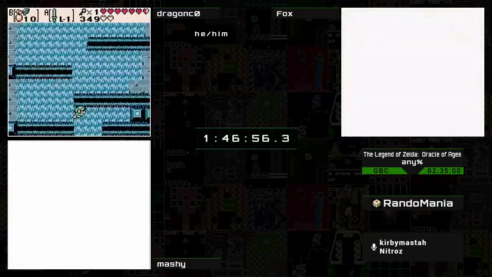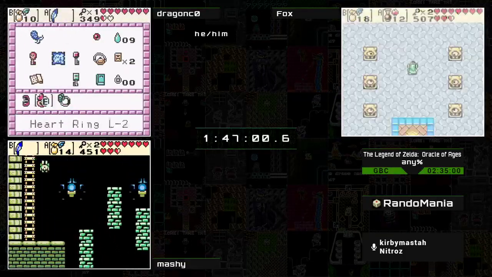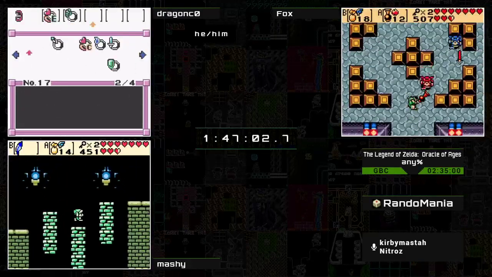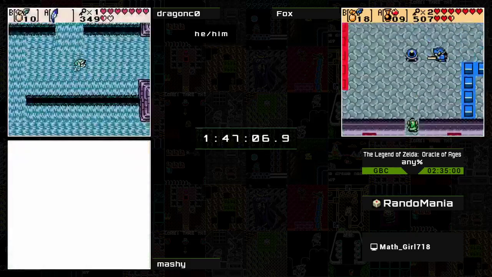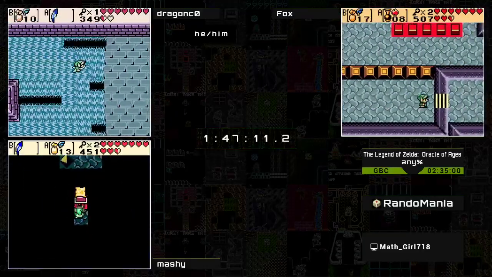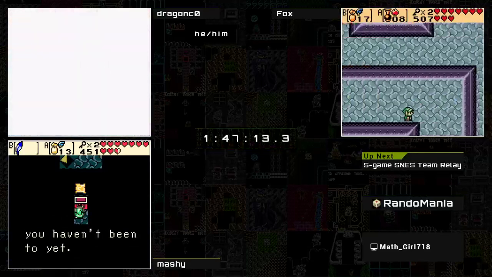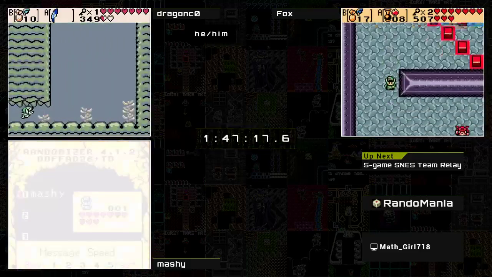Dragon making his way through the currents room. Again, that room where it's pretty nice to have the quicksand ring. And he could equip... Yeah, he's gonna equip the swimmer's ring. Pretty good idea. Speed up this last bit of swimming. Would have been really nice to have early on, since they do so much traveling in the seas, but...